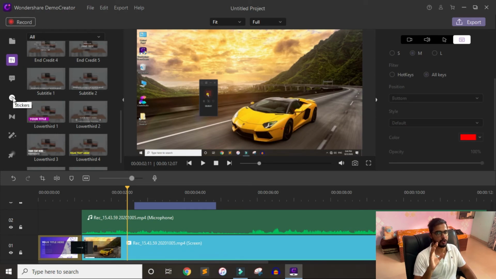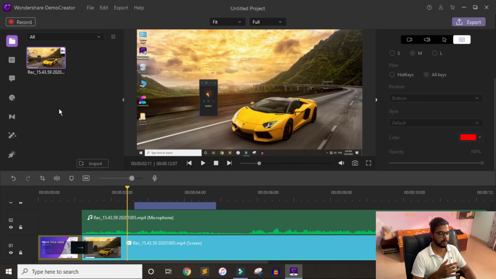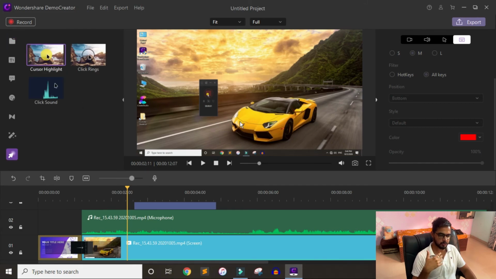Obviously you can record your screen in Filmora 9, but once the recording is done, you cannot apply these mouse effects, or scale your mouse cursor. And when you are also recording with your camera, you cannot change your camera position or size. There will basically be one layer that you have to edit.